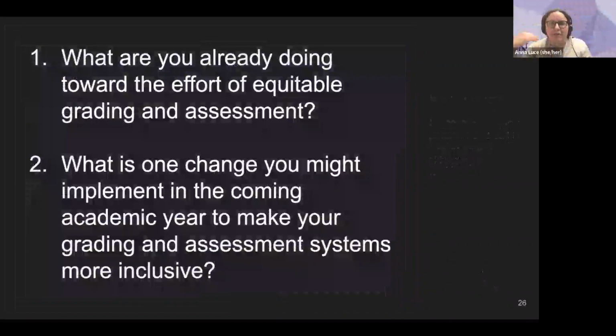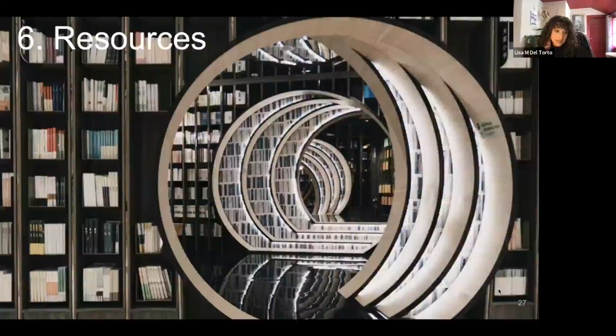So reflect on your own teaching practices, your grading practices. Is there one change that you might think of implementing in the next year to make your grading and assessment systems more inclusive? And as a way of concluding our discussion, we want to point you to some resources